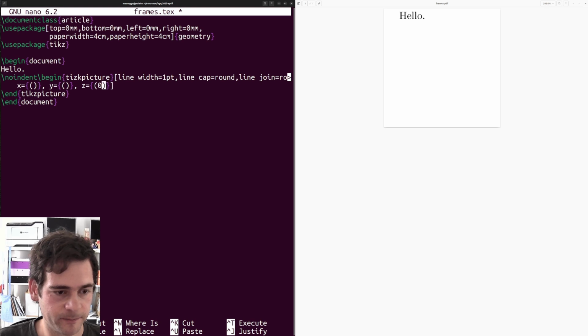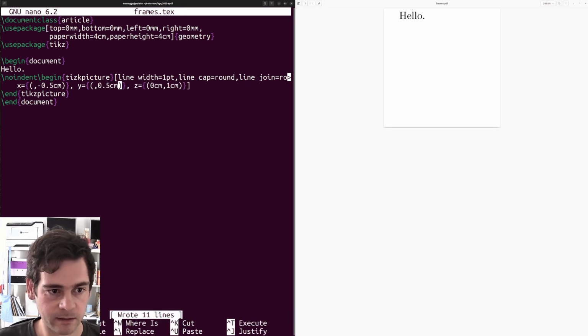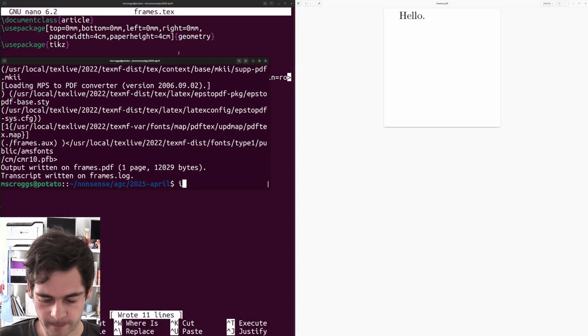So I'm going to make Z be 0 centimeters, 1 centimeter, so Z goes straight upwards. So X is going to go down 0.5 centimeter, Y is going to go up 0.5 centimeter, and then